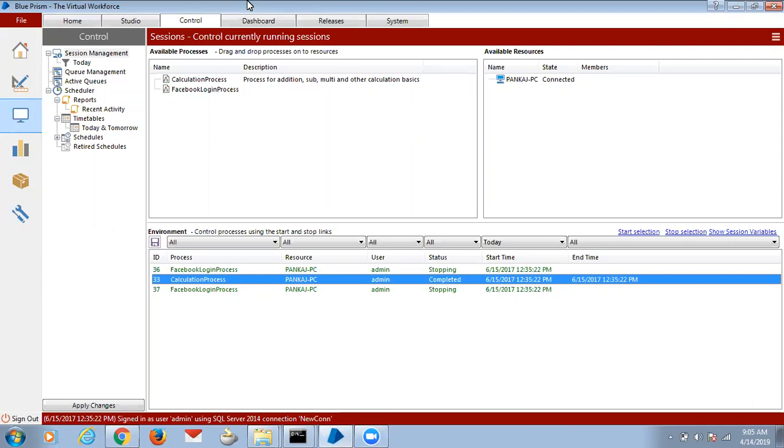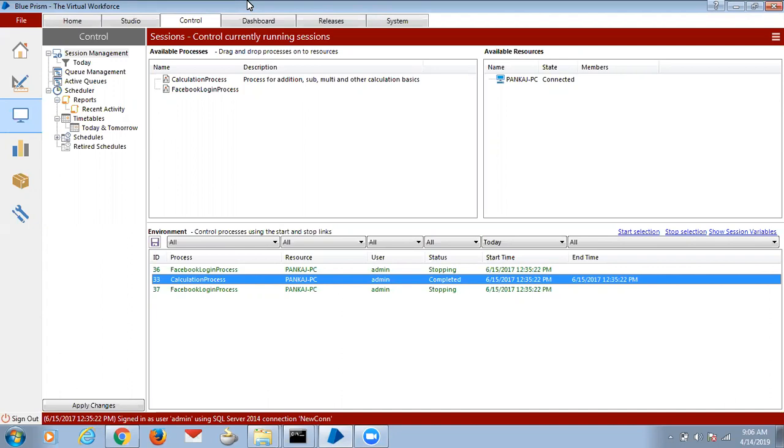While we are running from the control room, if you want to monitor any variable, we will use the session variables. Suppose you are doing thousands of transactions, you want to monitor how many transactions we have done at that moment.